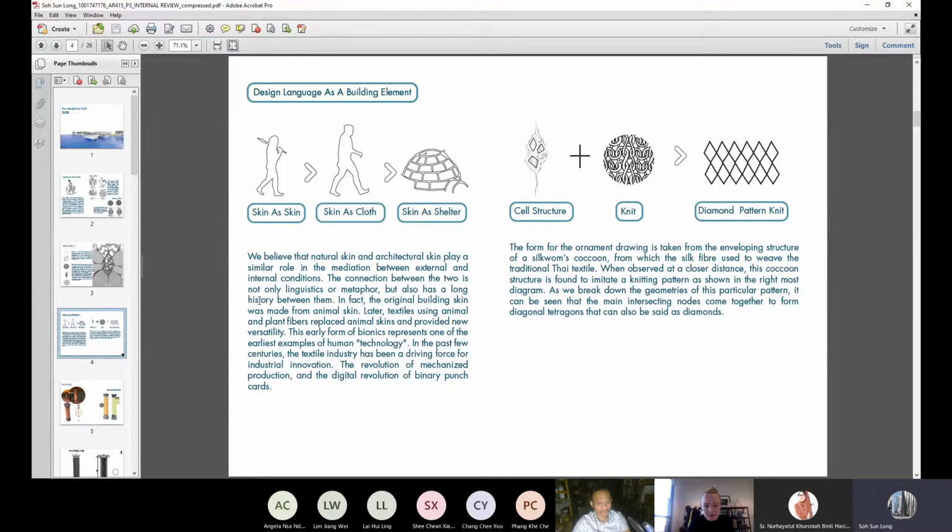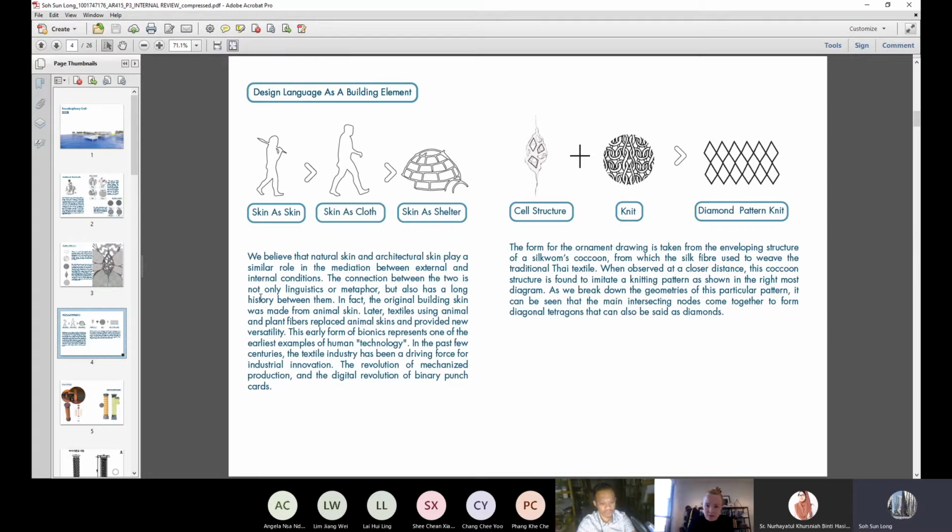I begin to point out the function of the skin and skin cloth, anchor and shell. It became clear to me that the nature of the skin and the architecture skin play a similar role as a medium between external and internal conditions. And this became the starting point to uncover the language of ornament that I would later create.